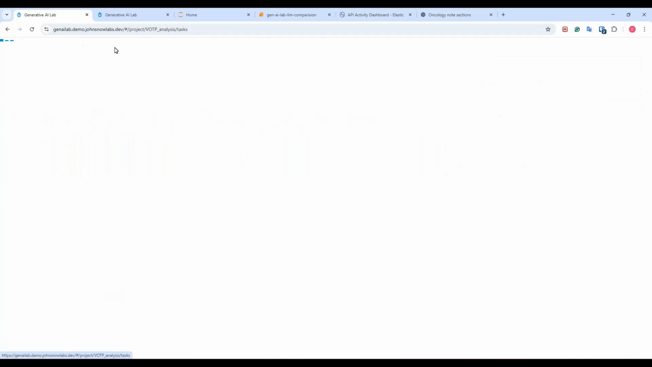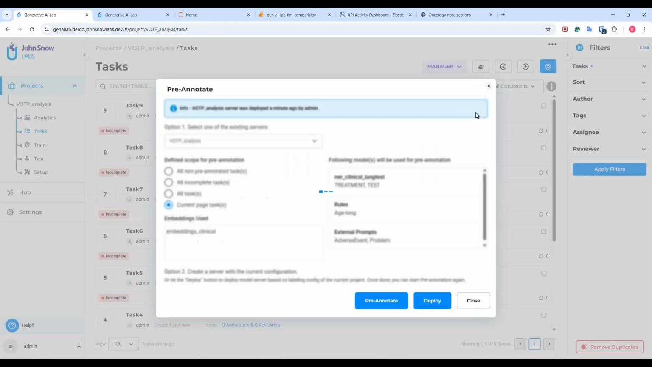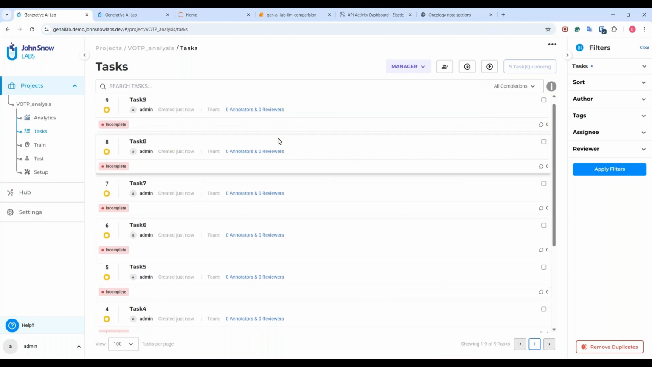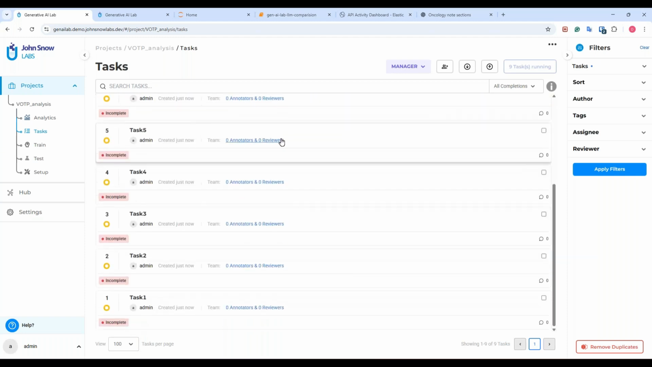Now, if I go to the task view and click on the pre-annotation button, you'll see that the current configuration is already deployed. You have an option to pre-annotate all the tasks, or only the incomplete tasks, or only the tasks from the current page. And you see here the resources which can be used to pre-annotate. Now, if I click pre-annotate, you'll see that we can easily manage all types of resources, models, rules, and prompts together